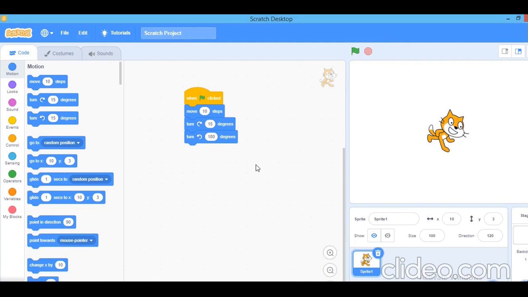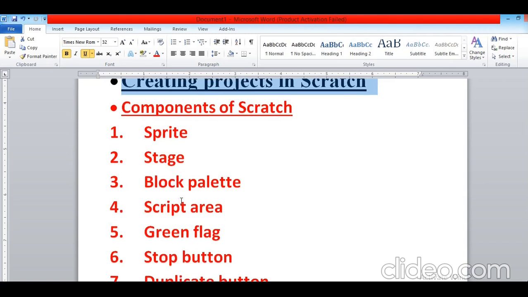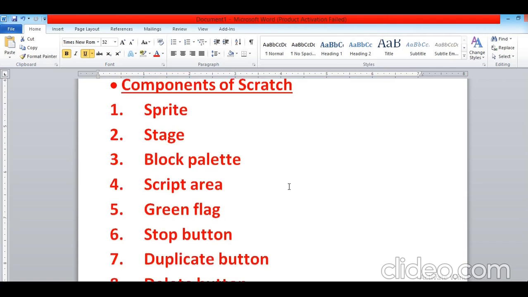There are two ways to start. Directly double click on the icon, and the Scratch window gets open in front of you. Another way, click on the Windows button given on your keyboard, then click on the search bar. In the search bar you have to type Scratch. Then press the enter key. Scratch gets open in front of you. Now we are going to discuss the components of Scratch. Before that, there are different components of the Scratch window we are using to make a movie.